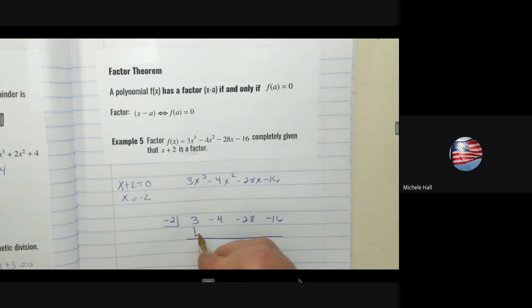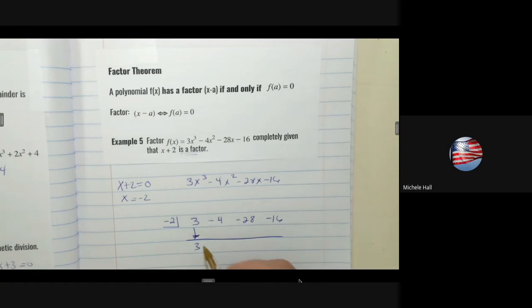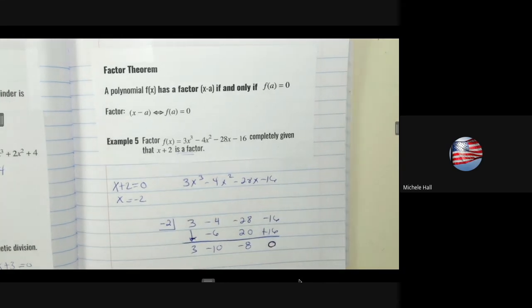Bring down your first term, and then multiply. 3 times negative 2 is negative 6. Add up these two right here to get negative 10. Negative 10 times negative 2 is 20. Negative 28 and 20 is negative 8. And then negative 8 times negative 2 is a positive 16. And when I combine these together, I get a 0, which is what I expected to get at the end